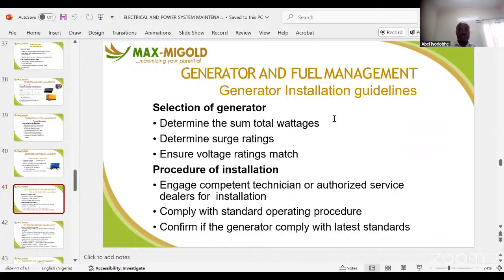Selection of a generator is determined by the total sum of power. How do you do this? For all your equipment, check the nameplate, and you see the power, the wattage that is written on it. Put all these together, and you know the amount of power that is in your facility. So it is this power that you will use to determine your